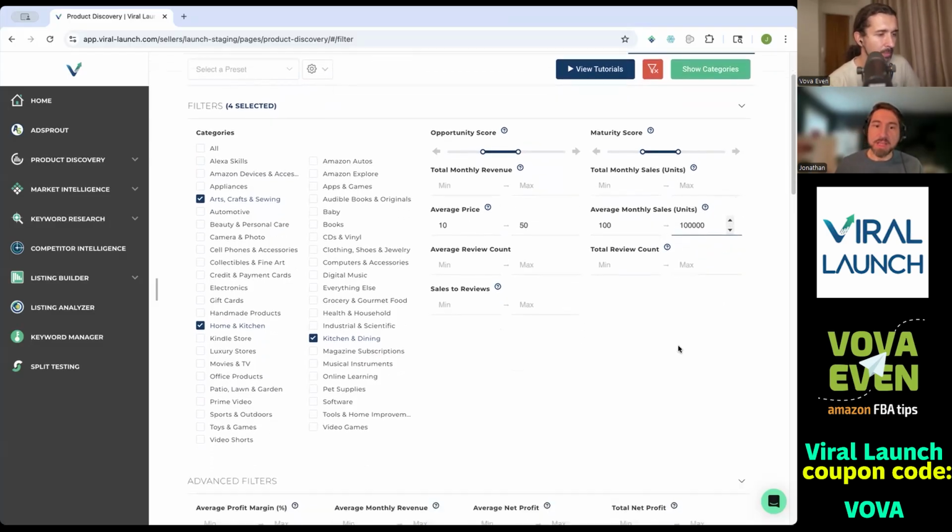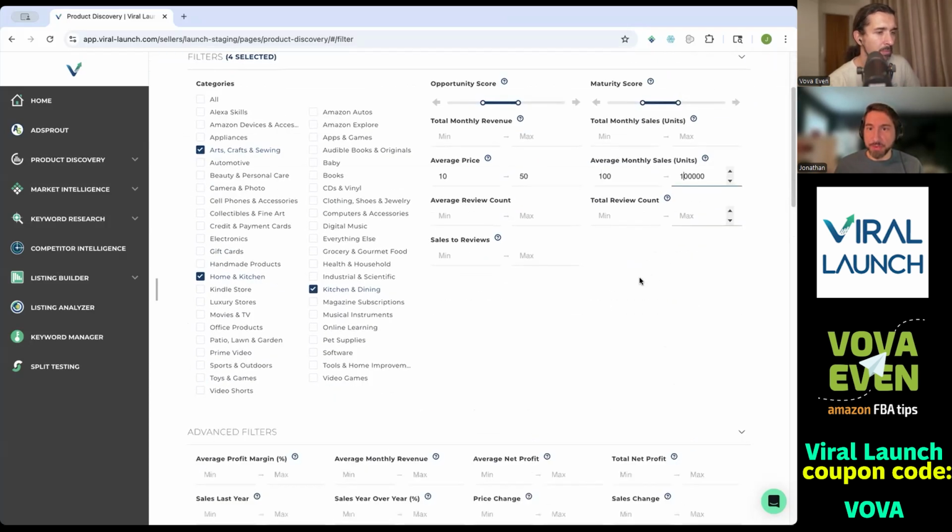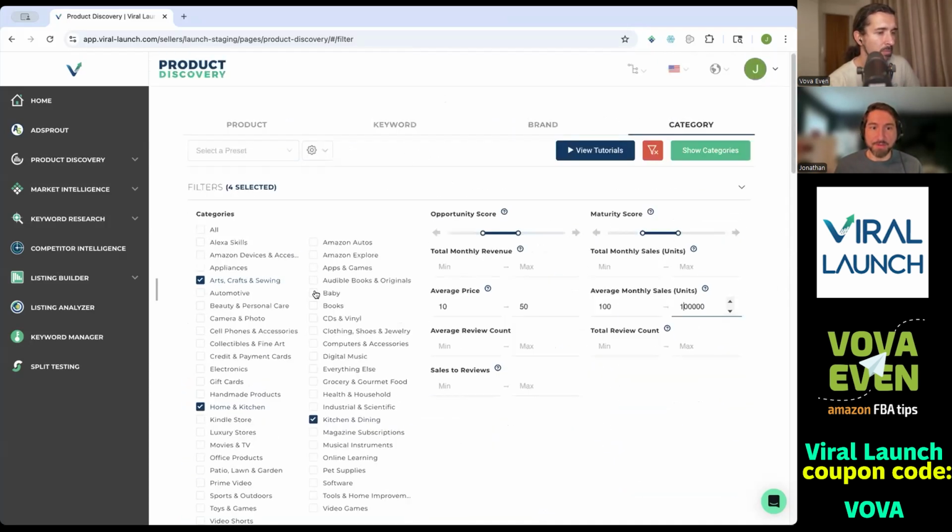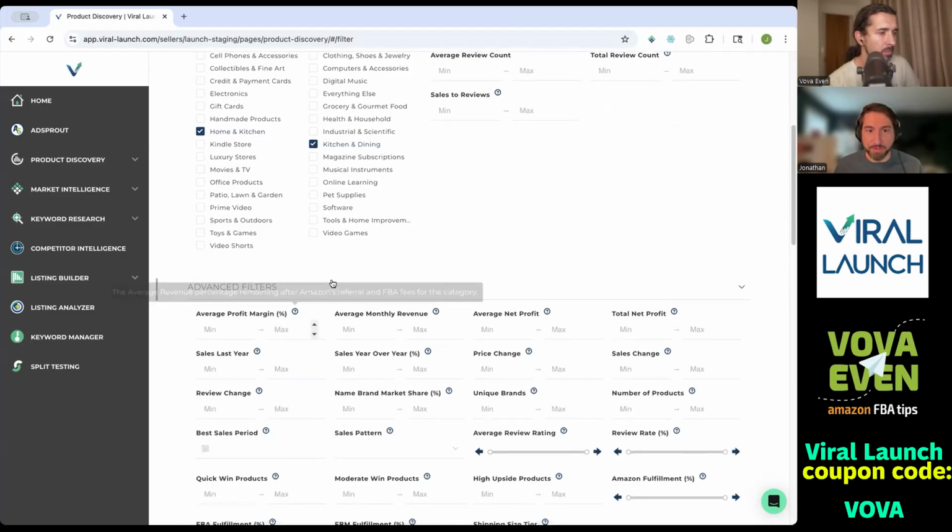In addition to those up here, there are advanced filters down here. So you have average profit margin, average monthly revenue, average net profit. So that's basically looking at the products within those categories and what that average is going to be based on everything that's there. You can look at the number of unique brands. The fewer unique brands, the more blue ocean opportunities there are going to be. And the more brands there are, it's kind of a slippery slope, right? Because you want a market that has some competition that you can study and see what they're doing wrong and right, but you also don't